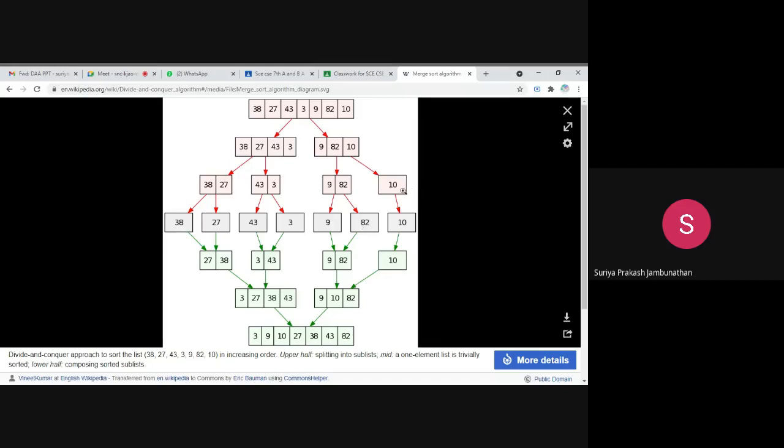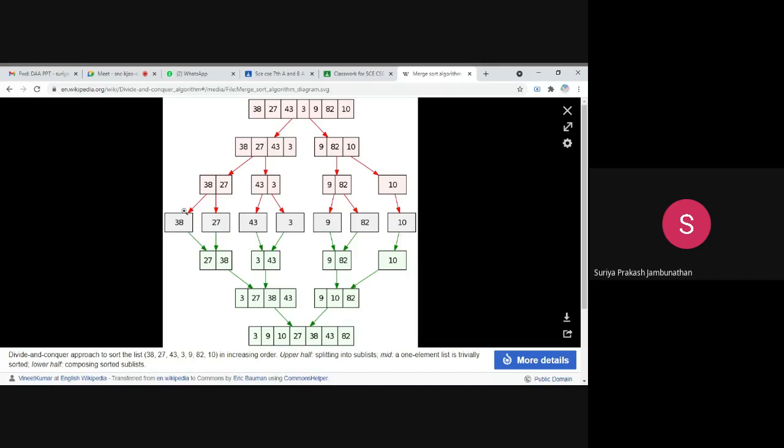So what is the rule when you have a single element? You have to return the same element. That is the rule. For this algorithm, if you have a single element, you should not apply the n divided by 2 formula. You have to return the same element as it is. So what we are getting is 38, 27, 43, 3, 9, 82, 10. We split every individual element as a separate piece, so we get all 7 elements as separate elements.